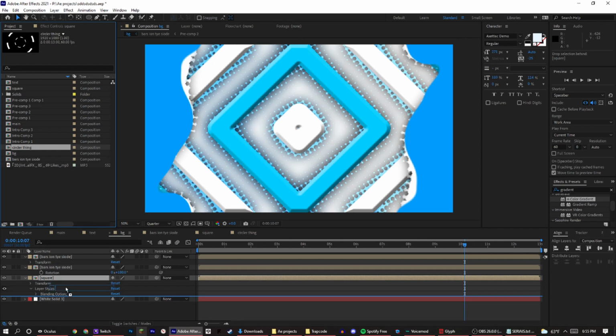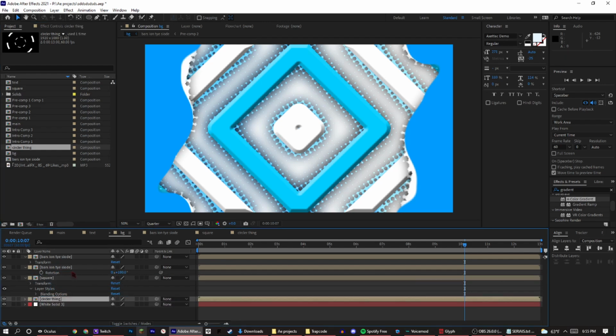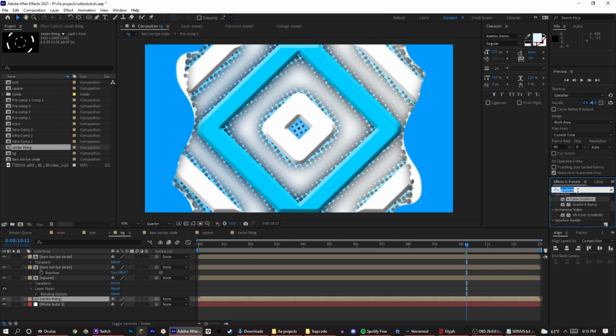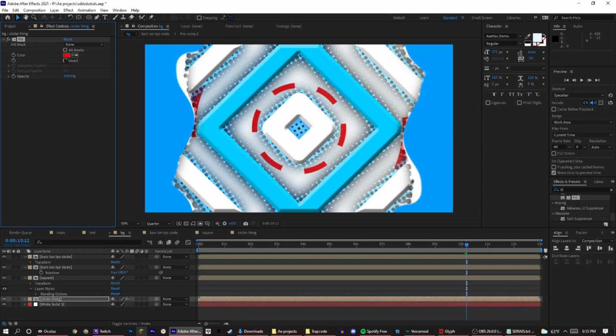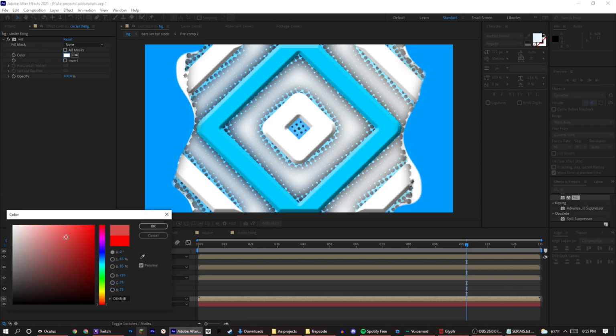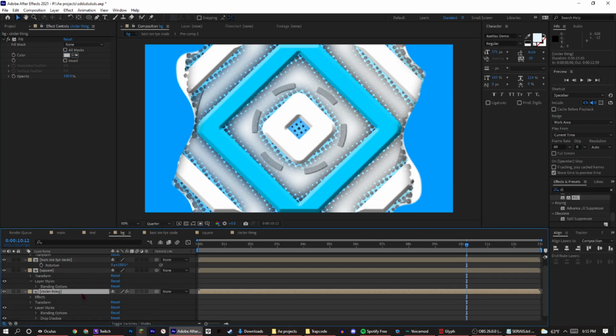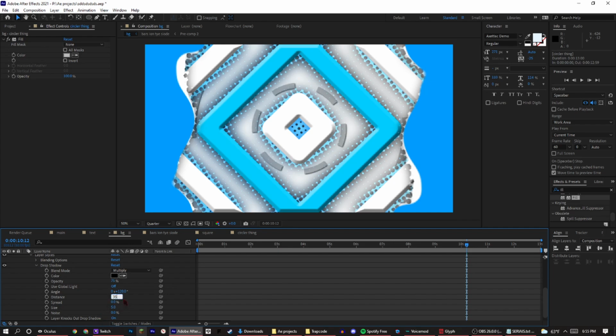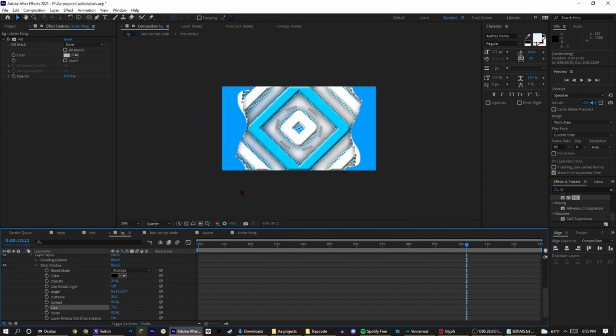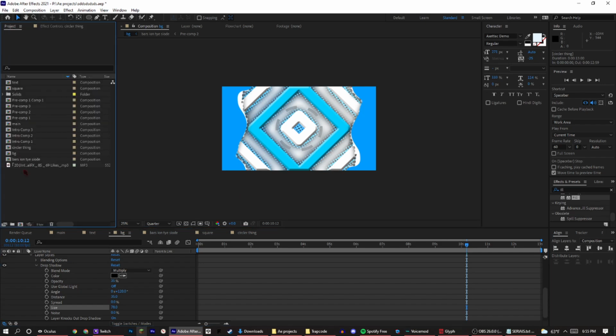With BG, you can add the circular thing. Add a fill. Make it something like this. Add a layer style drop shadow. Distance 35, 35, and make this. That. I think that's good. You can add radial BG. So